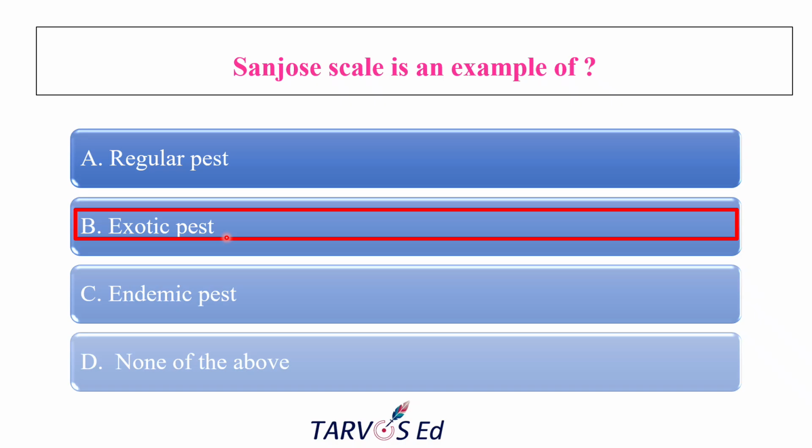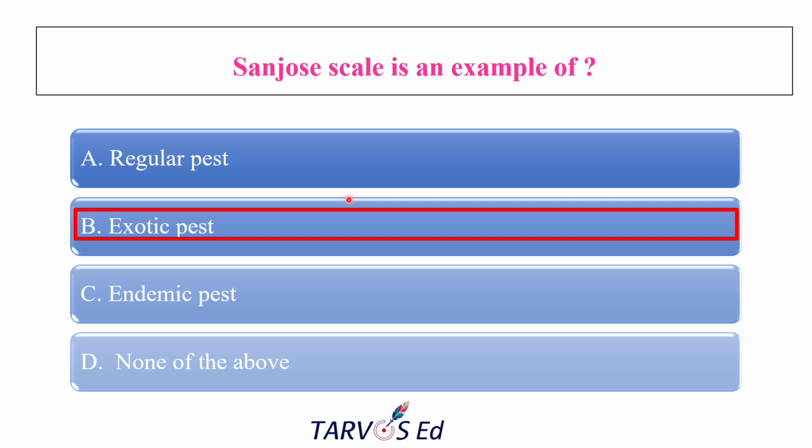How was it introduced? There may be some materials, right? Through some imported nursery materials, this pest infestation was reported. Since it is not native to India but introduced and now established in the apple growing areas, it is called an exotic pest. This is a very important question. A regular pest means that this pest usually occurs regularly every year on a crop in a particular locality. San Jose scale can be regular in the Himachal Pradesh area, but the classification exotic comes from its origin, not frequency.